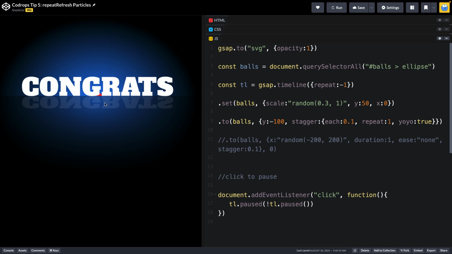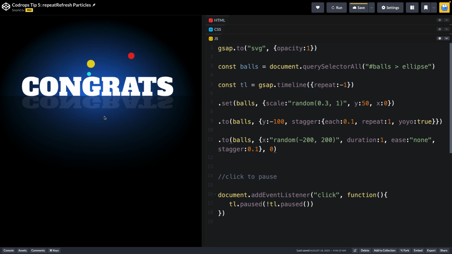And that animation is going to look like this, where we sort of get this fountain effect of these circles going up and down. I can click to pause, and now I'm going to activate this line here, which randomizes the X value, -200 to the left to +200 on the right, which gives us this sort of spread along the X axis. Now, if you pay attention to this animation, when it repeats, it always uses the same random